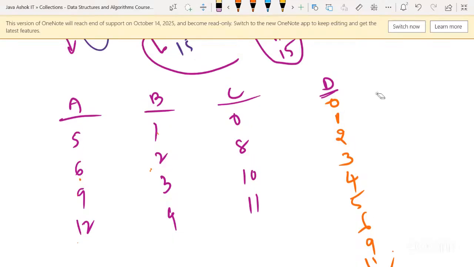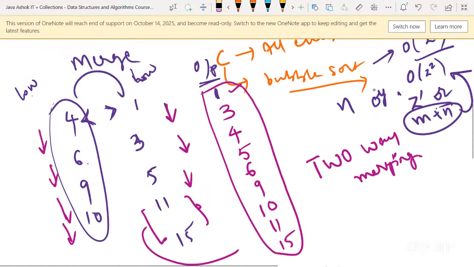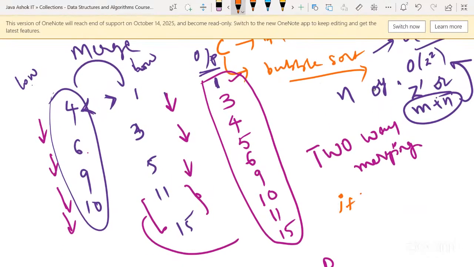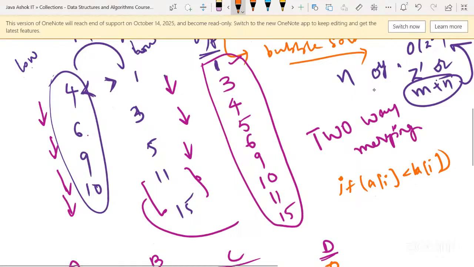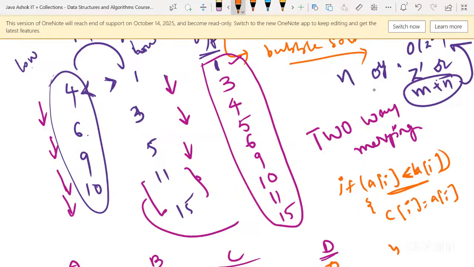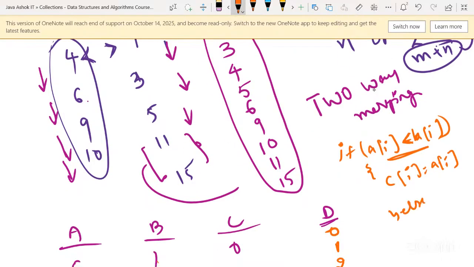See, if it is 2 numbers, how do you compare each 2 numbers? You write if A of I is less than B of I, correct? If this condition is true, which element is smaller? A of I. So what you are doing? C of I equal to A of I, correct? Yes. Okay. Now, if the condition fails, then